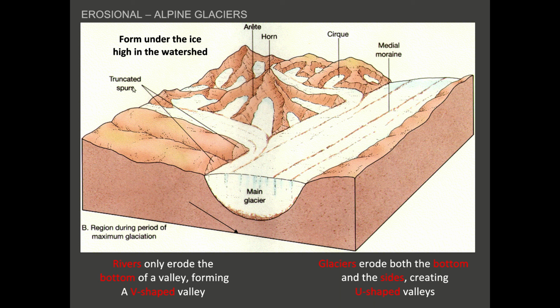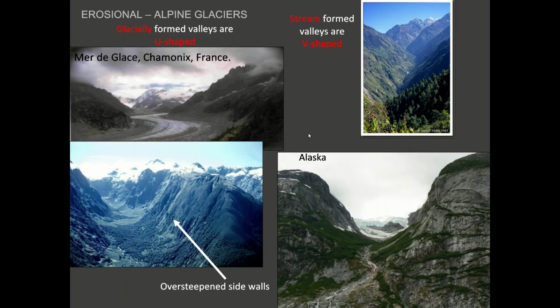Some other things: the truncated spur is when, so this looks like an alluvial landform carved by rivers mostly, and you can see that it got cut off by the main glacier. So that would be an example of that. And then also can cause hanging valleys,